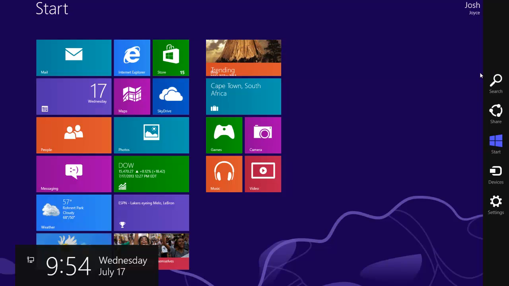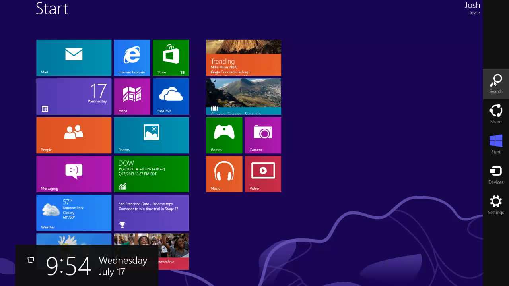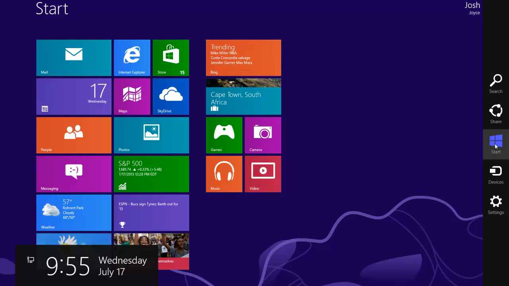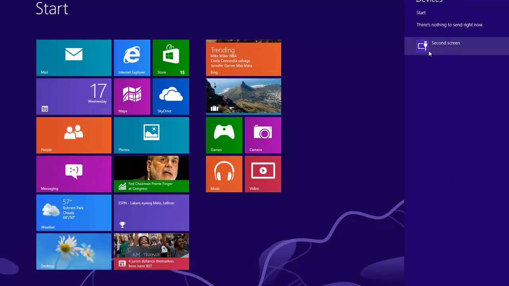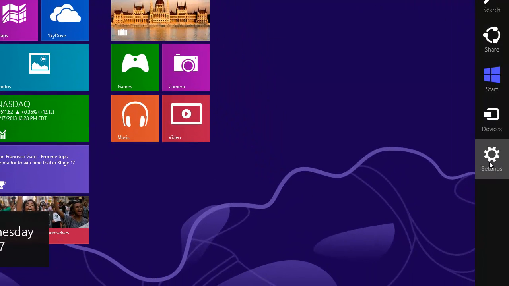So the right side brings up the same bar. If I'm going to search for something in the computer, I would use that. This is going to take me back to the start window, which we're already viewing with all the tiles. Devices, if I had printers and other stuff, I'd be able to see them there. And then settings,